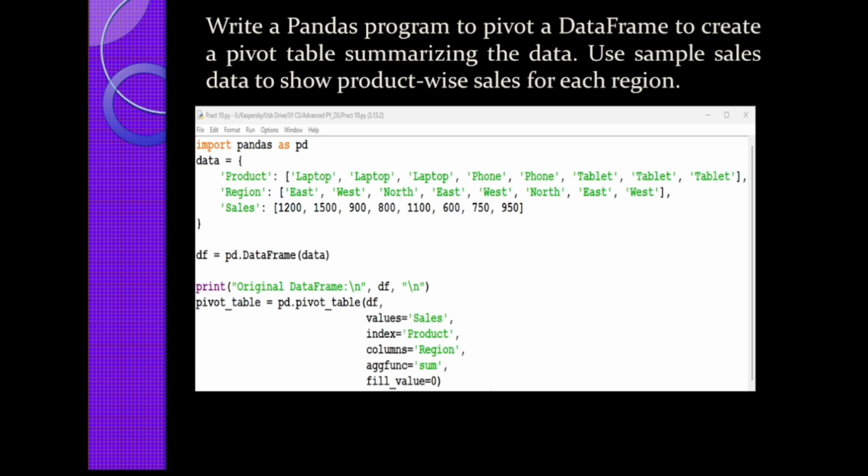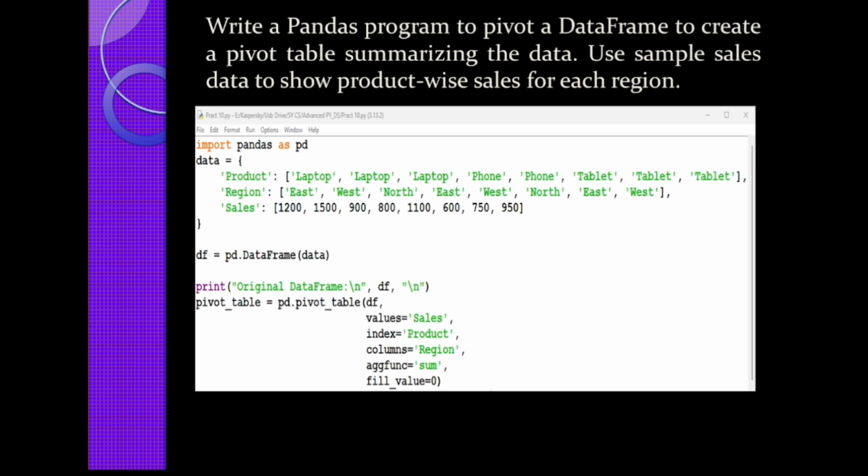So now what does it do here? We have three things, right? Product, region, and sales. So pivot_table creates a pivot table from the data frame. Now this will specify the pivot table where I also summarize the sales column. And here I mentioned index equal to product, which sets my product name as the row of the pivot table, and each product appears once in the summarized form. Columns equal to region, which sets the region as a column heading in my pivot table. Then aggregation function, which is sum, which calculates the total sales for each product in each region.